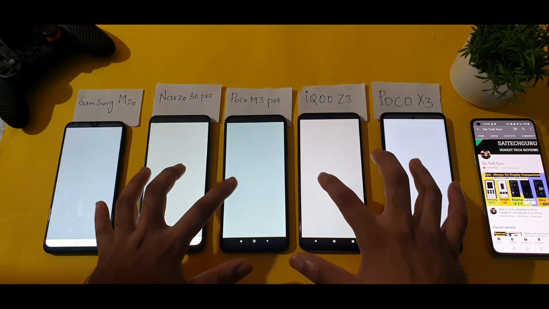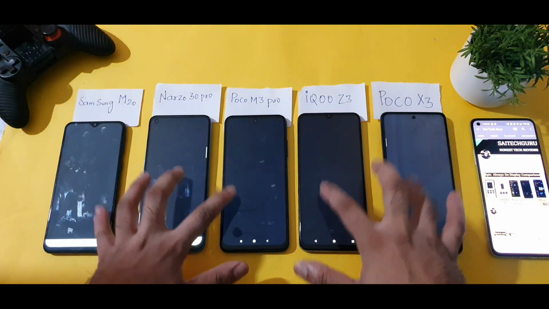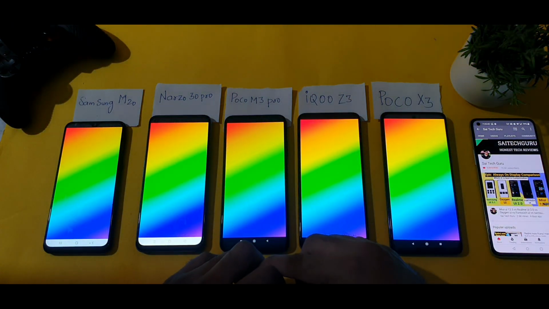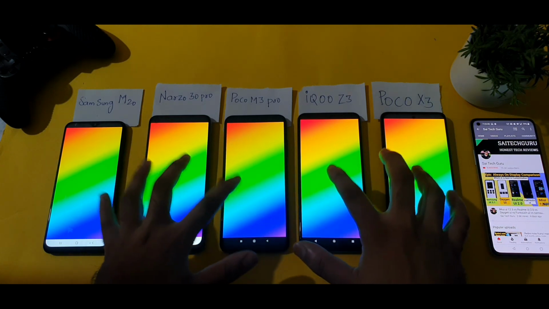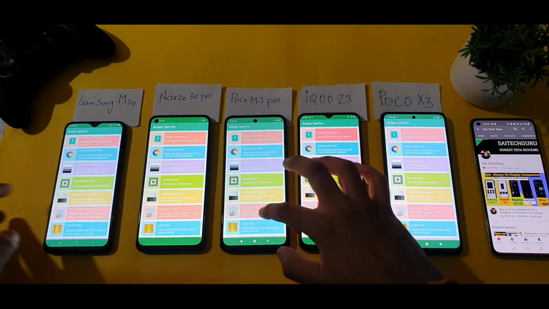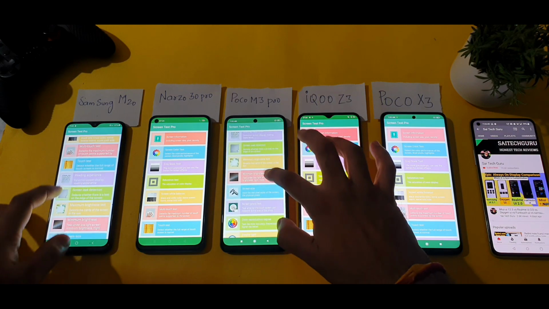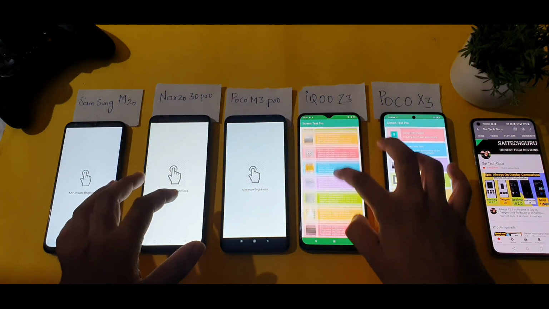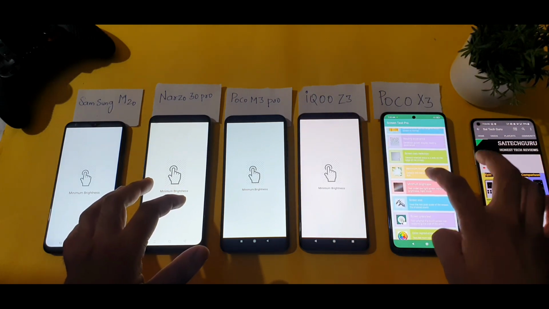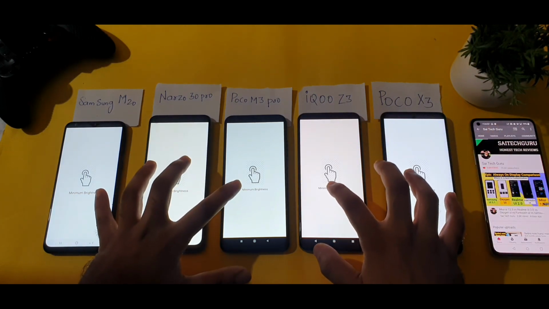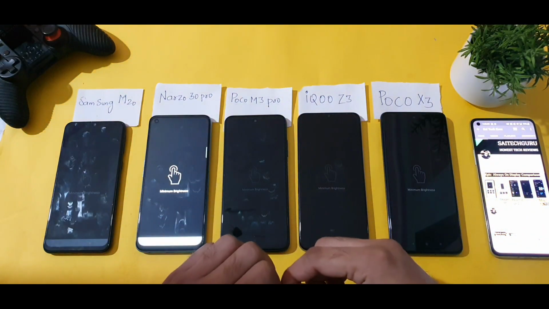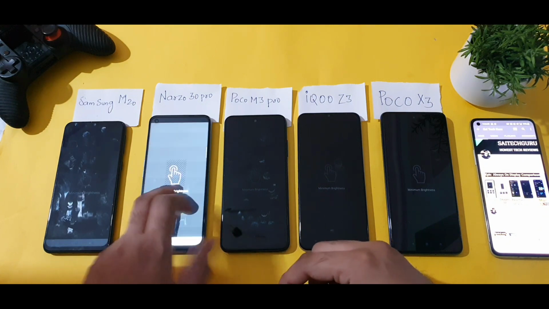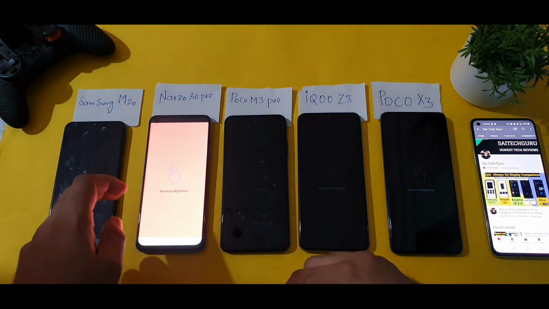And there is one more test which is called the low brightness test. So that is what I'm going to do right now. So this is another rainbow color, as you can see. So which is a low brightness test. Let me try to set minimum brightness. So this will give you the clear idea which phone has got how much minimum brightness levels. So that is another thing which I'll be testing right now. So right now all the phones should have gone to minimum. Let me try to slightly